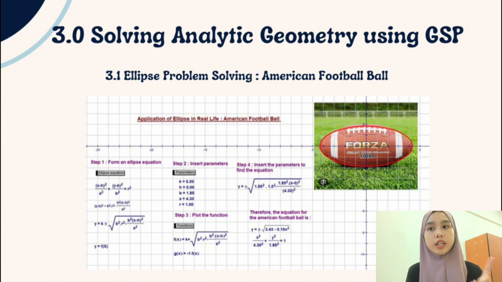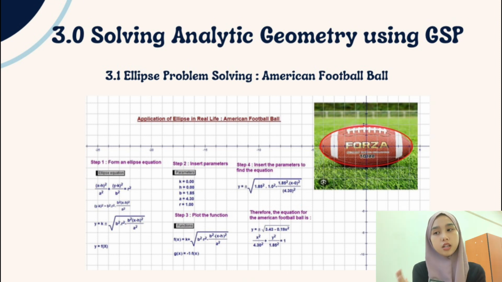Here we have k equals 0, h equals 0, so we know that the center is (0, 0). p equals 1.85, a equals 4.30, and r equals 1. r must be equal to 1. So step 3, we plot the function f(x), and then step 4, we insert the parameters to find the equation